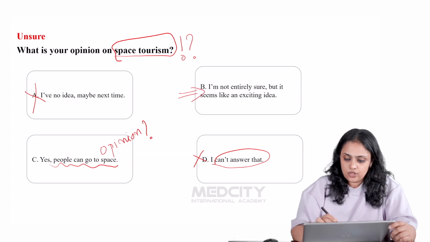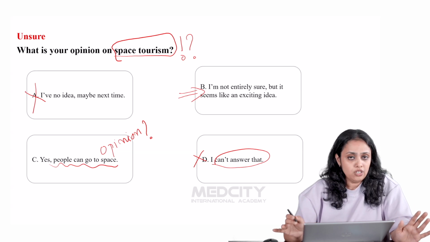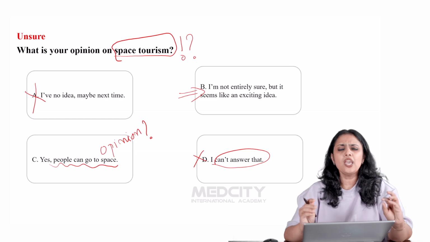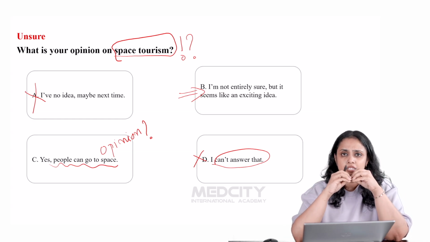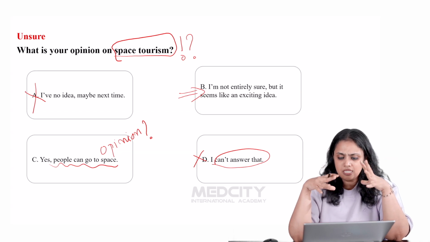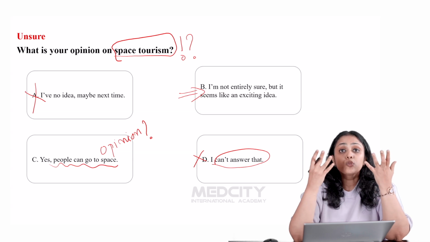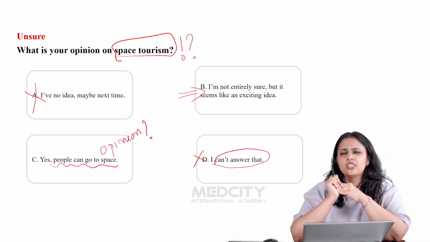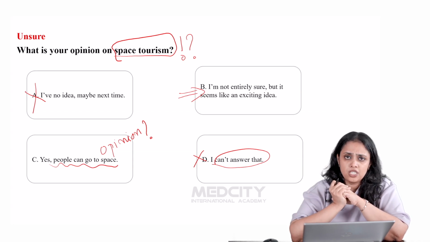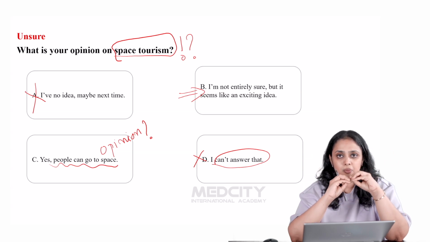This sounds good. So you've made it clear, you've put it straightforward that I'm not entirely sure about the idea, but it seems like an exciting idea. You can start off in that way, and then just add on the bits and pieces of what you have heard regarding that topic. Maybe you can say that I'm not entirely sure, but it seems like an exciting idea. People get a chance to explore space. Then maybe you can say that, but I think it's going to be expensive and it wouldn't be everyone's cup of tea. Just add on ideas randomly, which of course has to be coherent to the question,